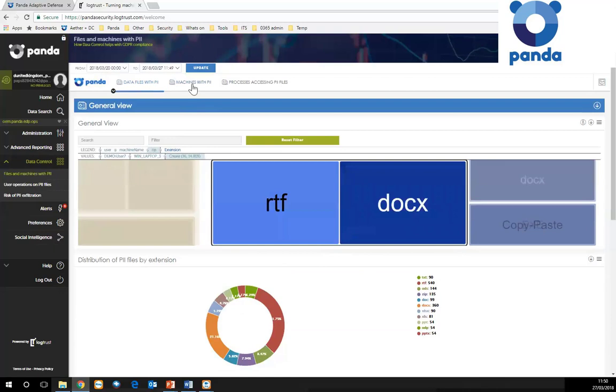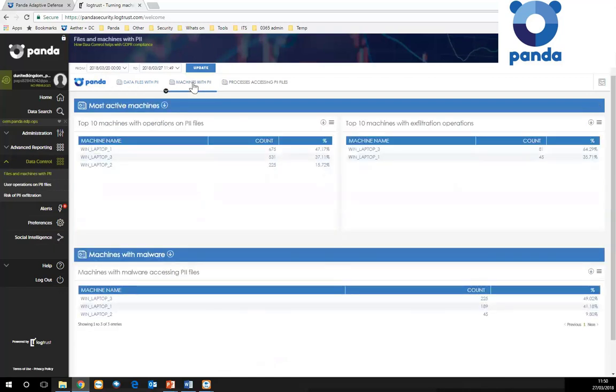If I go over to machines with PI, we've got top 10 machines with exfiltration options. So these are machines that are being identified with processes being used with potential exfiltration, data loss or data theft of PI data. Also, you've got machines with malware, so we're tracking malicious processes that are accessing PI.